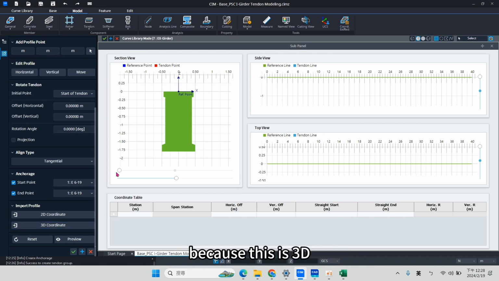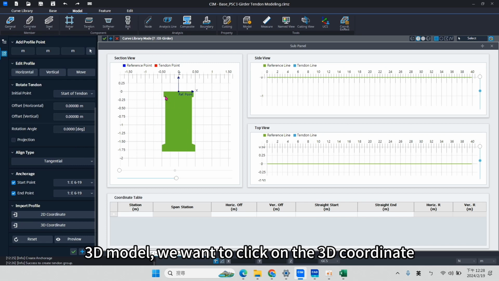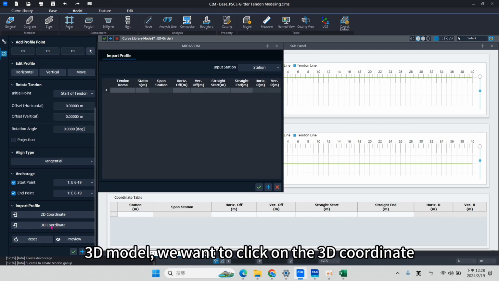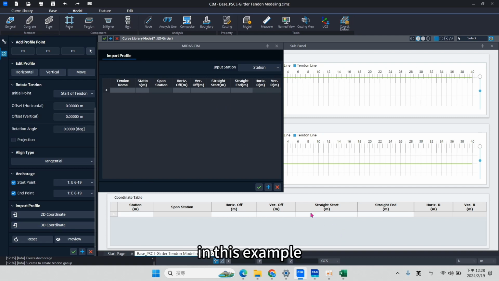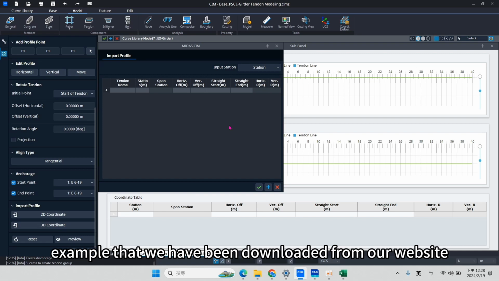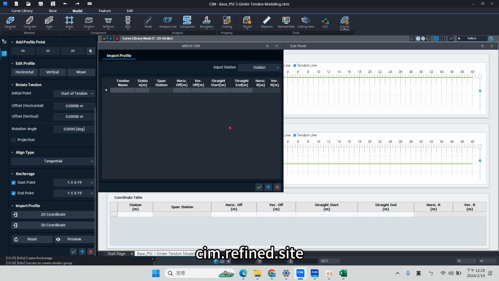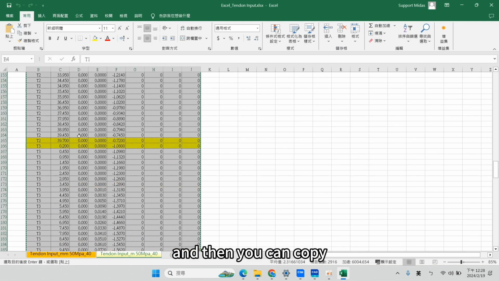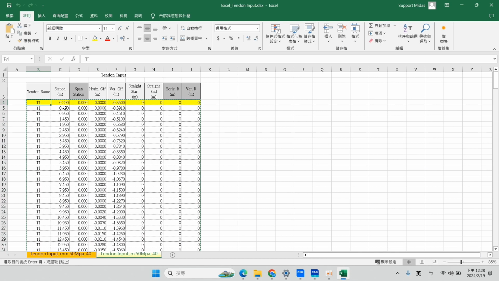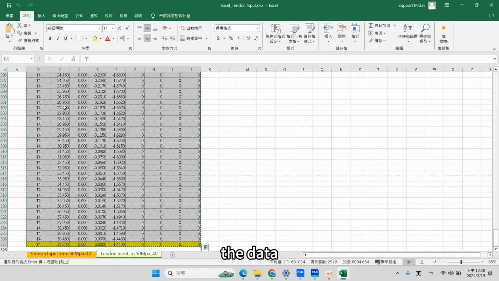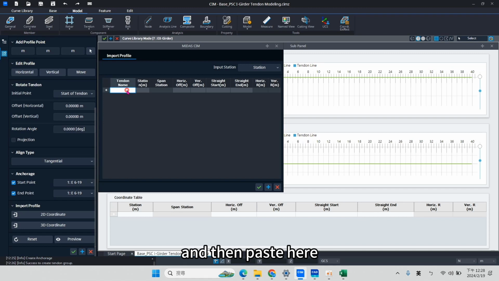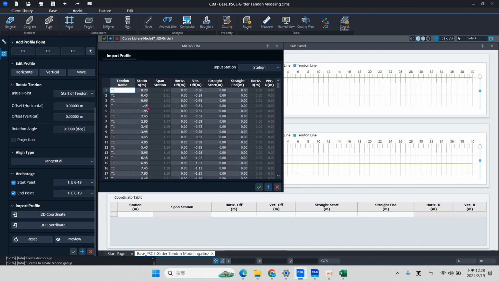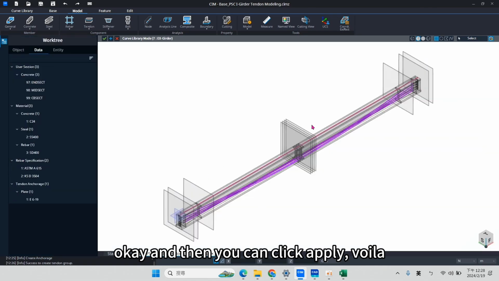Because this is a 3D model, that's why we want to go to the coordinate. In this example, the file example that we have downloaded from our website, cim.refine.site, you can click on the Excel here, copy the data, and then paste here, okay, and then you can click on, voila.